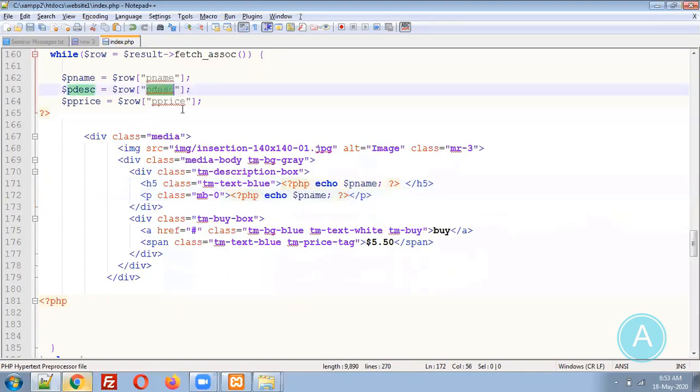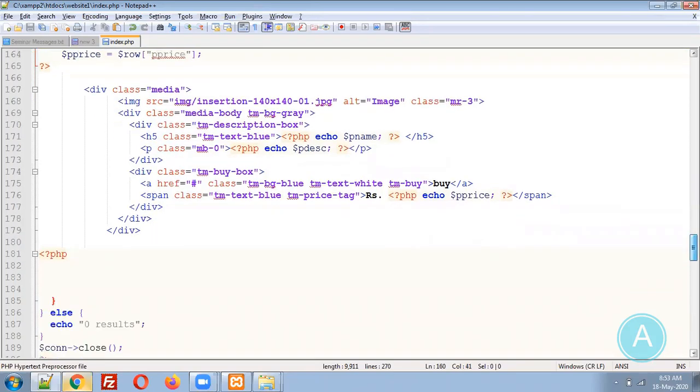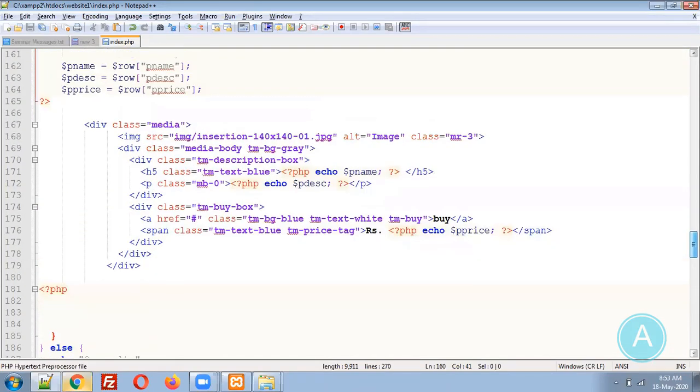Instead of pname we need to use pdescription, and the same things we need to add over here. Instead of dollar, let us put rupees, pprice and pprice. So remember, you need to put this code inside this particular curly bracket. Automatically the while loop will execute for as many records as you have, and this division will prepare that particular output for you. Now let me save these things.